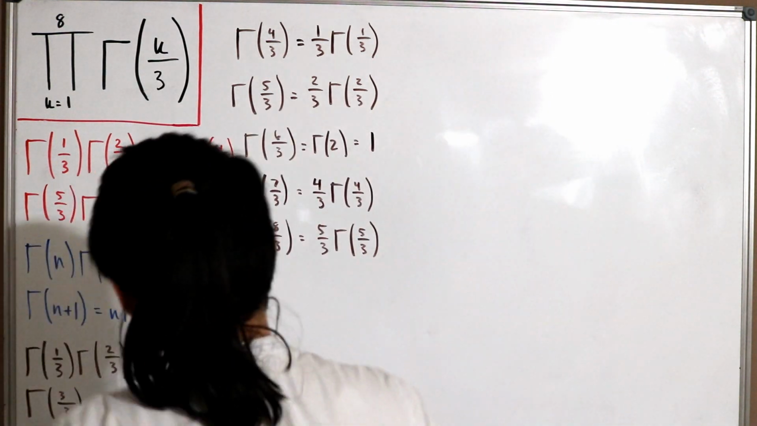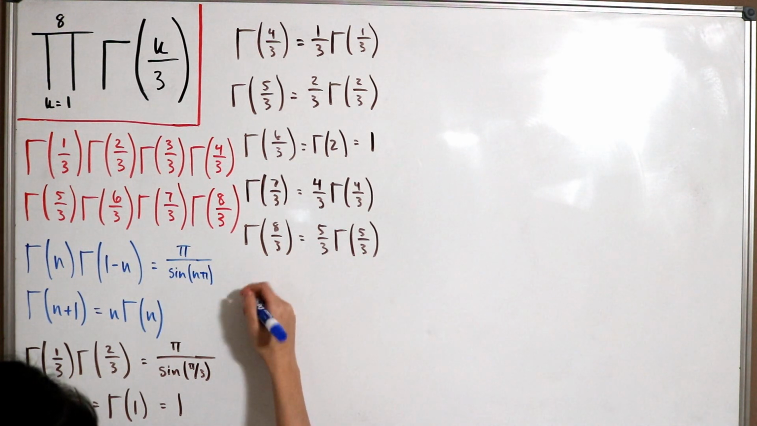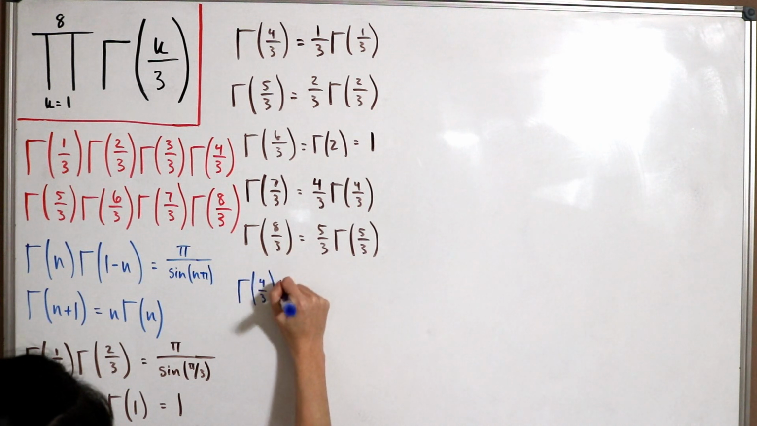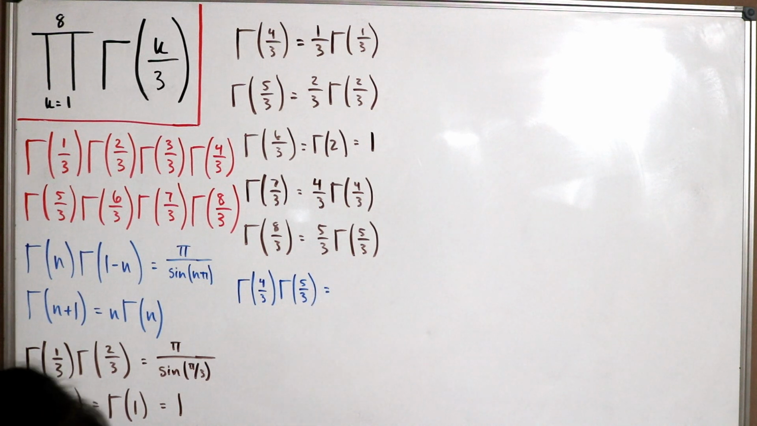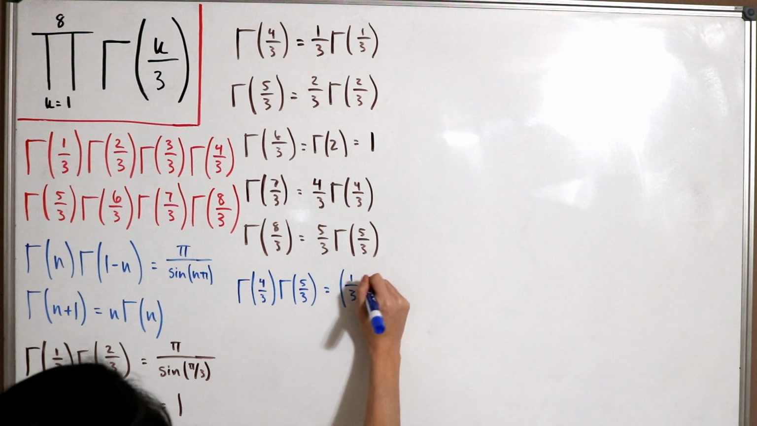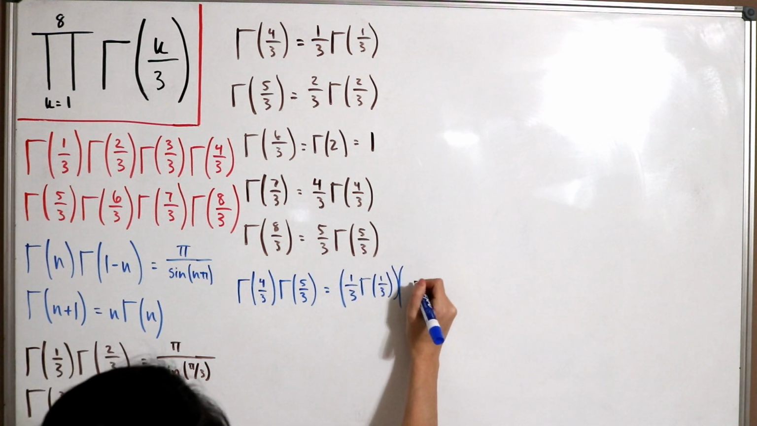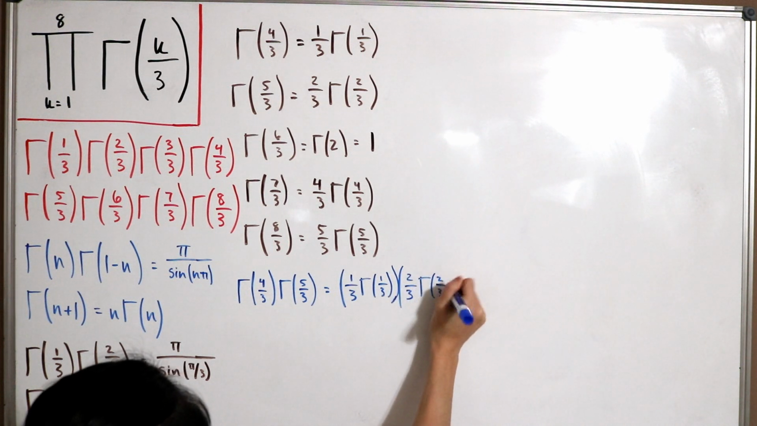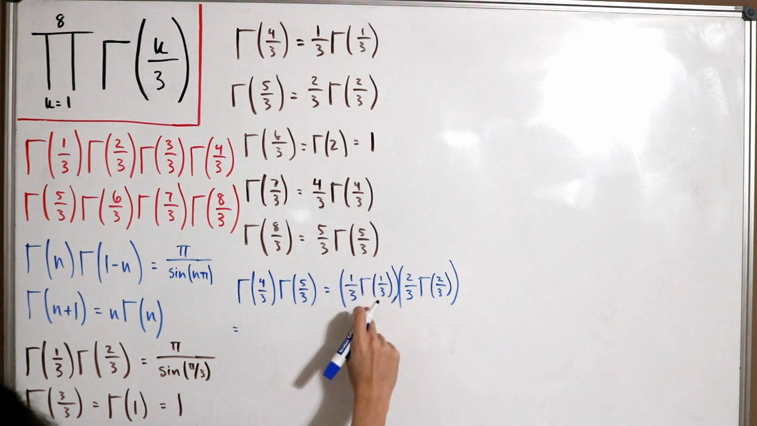So if we look at the product of gamma of 4 over 3 and then times gamma of 5 over 3, let me first put that down: 4 over 3 times gamma of 5 over 3. If we just plug in the substitution, this is 1 over 3, gamma of 1 over 3, multiplied by gamma of 2 over 3 times gamma of 2 over 3. So then we notice that we have a gamma of 1 over 3 and gamma of